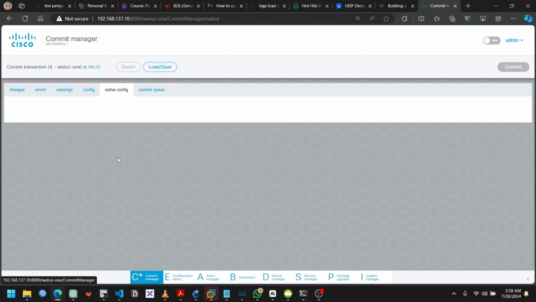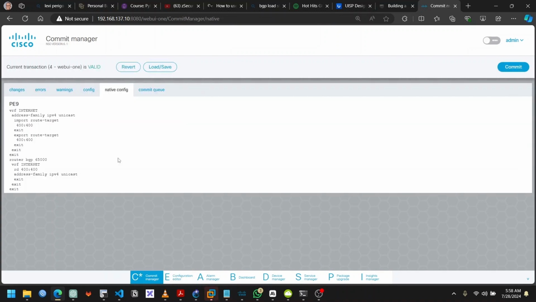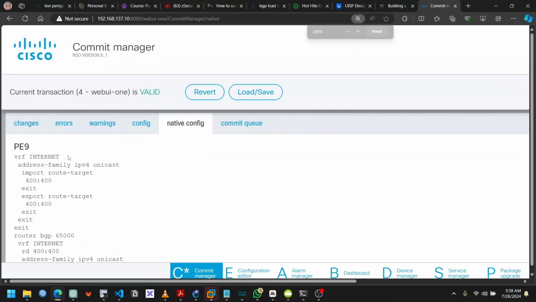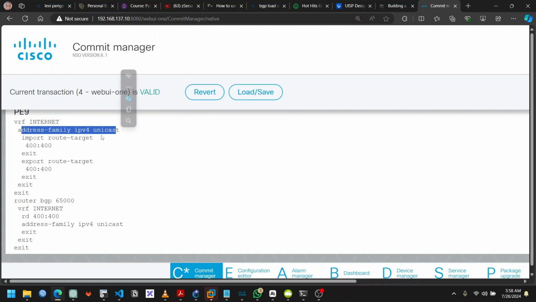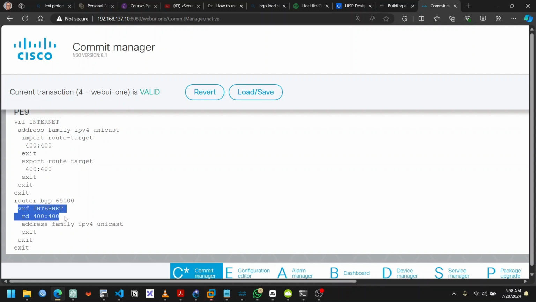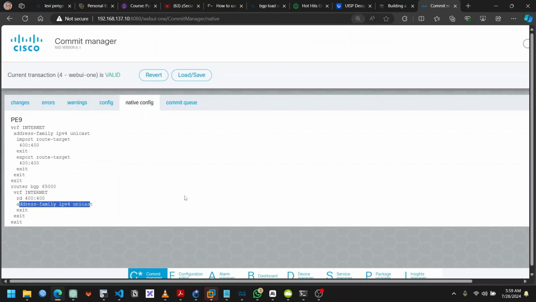So we go to our commit manager, then we check the native config. So what we have here is that we define the VRF, followed by the address family, and the import and export route target. And now we went under the BGP command to define our VRF over there and also enable the address family. So with all luck, we should be able to